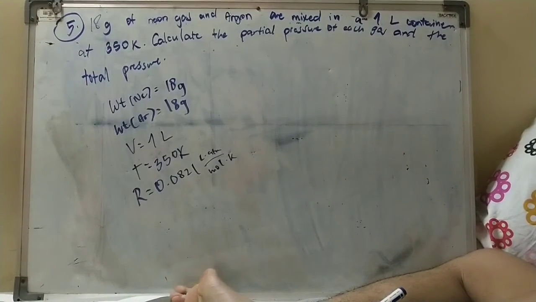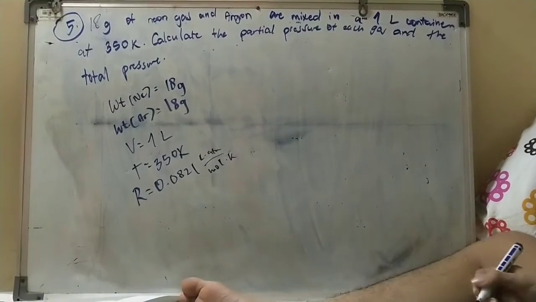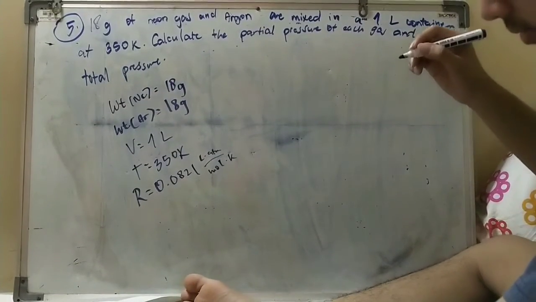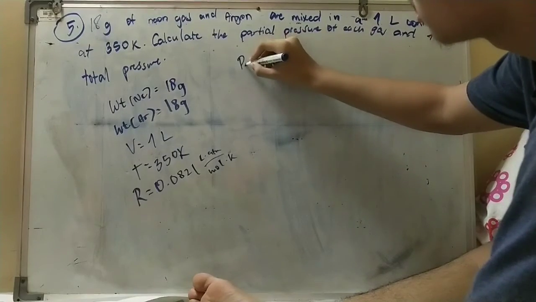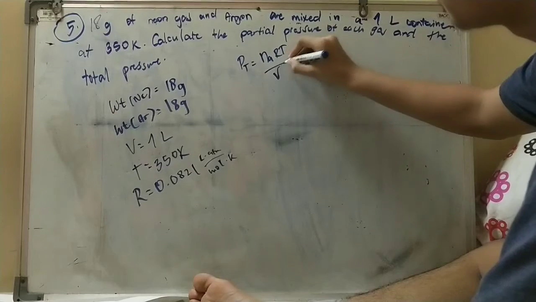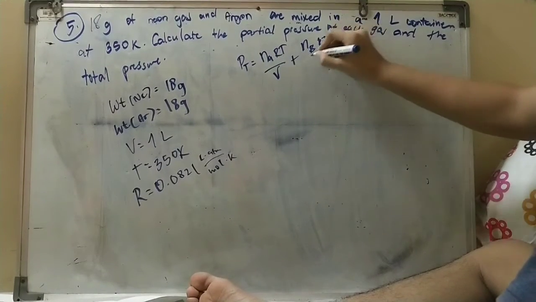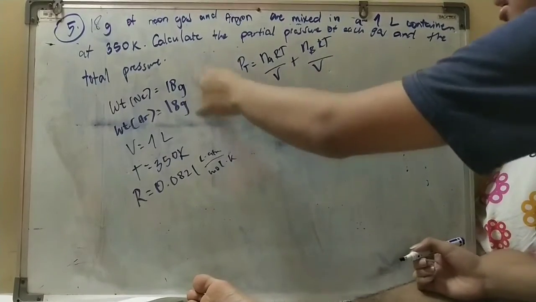Then we write the third formula, which is PT is equal to NA RT over V plus NB RT over V, because we have two given